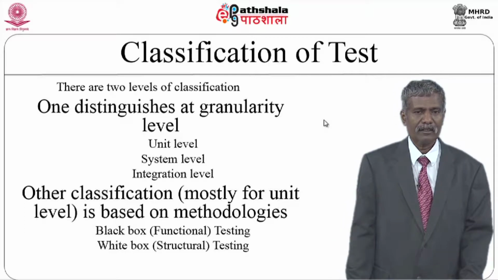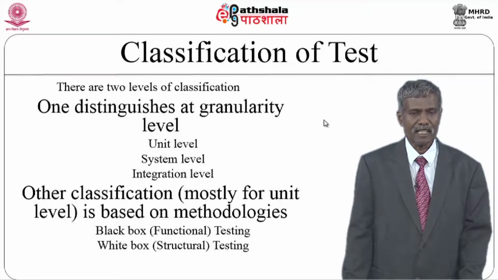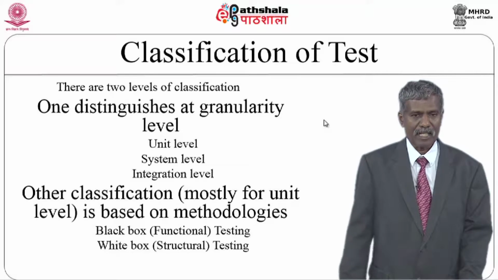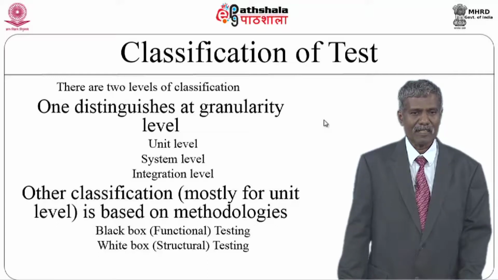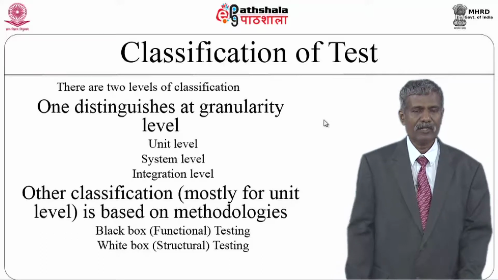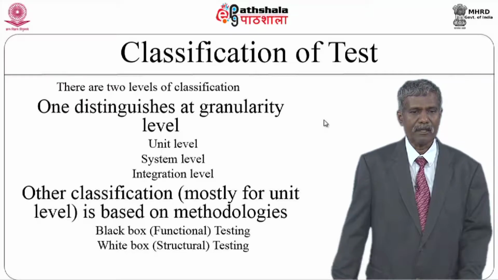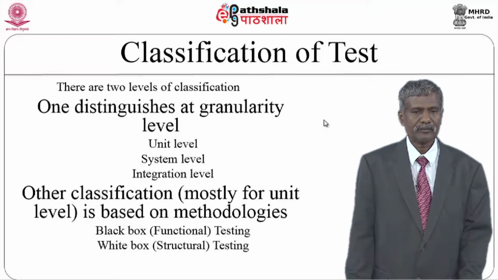By doing all these types of testing, errors are reduced. When errors are reduced, faults are avoided. When you avoid faults, failure will not come. That means the quality of the software is increased. Therefore, if you want to enhance the quality of software, you have to do very thorough testing. We can do testing in two different methods. One is functional testing or black box testing, and another is called white box testing.